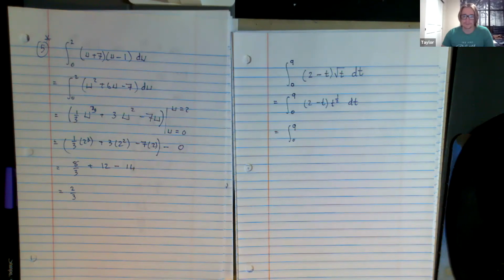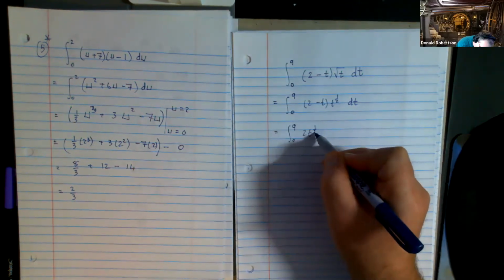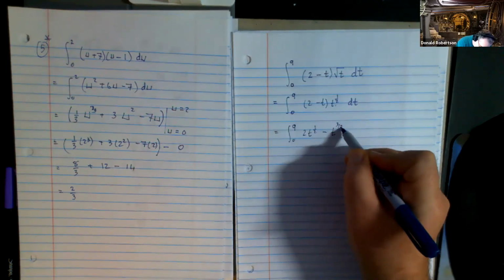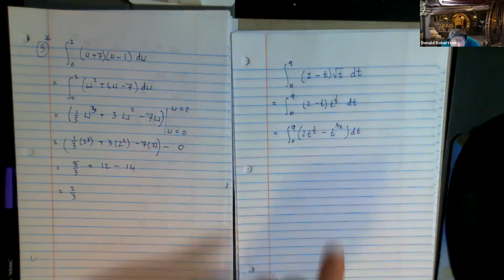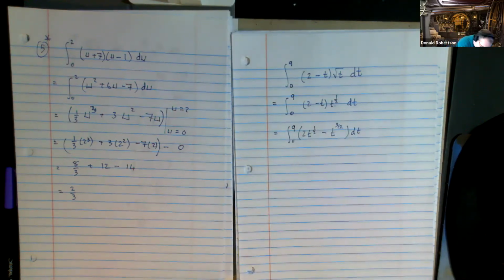Distribute. Okay. t to the half times 2 gets me 2t to the half. This guy times this guy gets me 3/2. 1 1/2 is 3/2, right? Now,